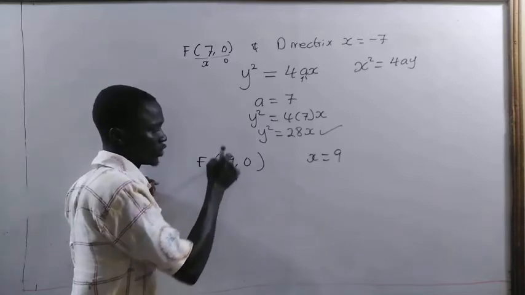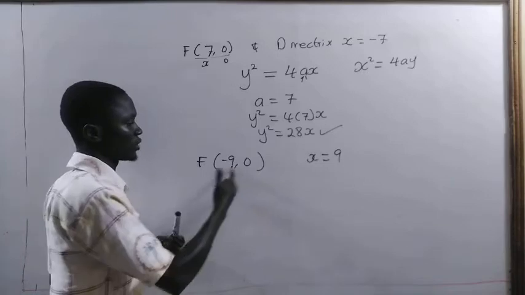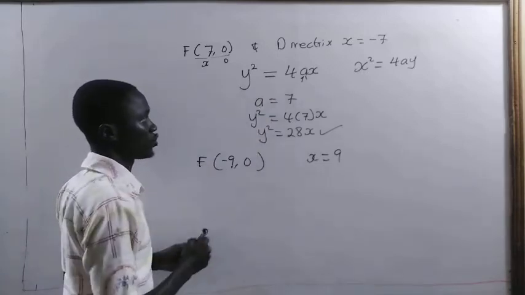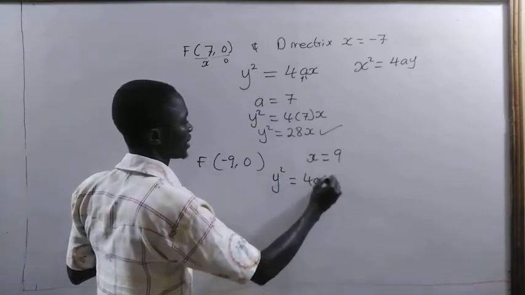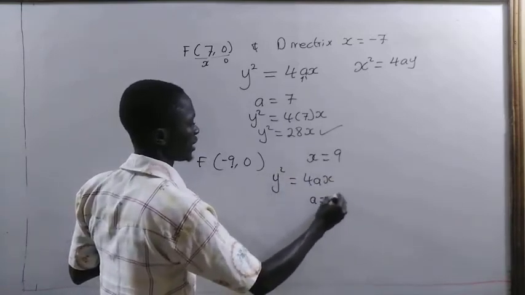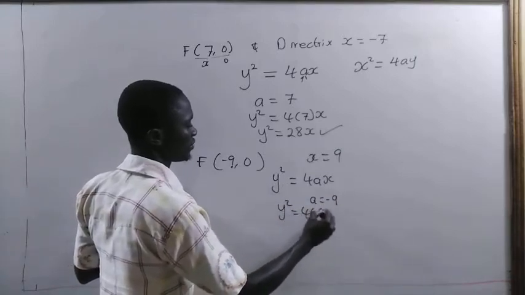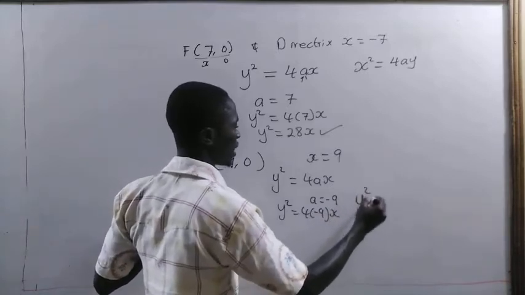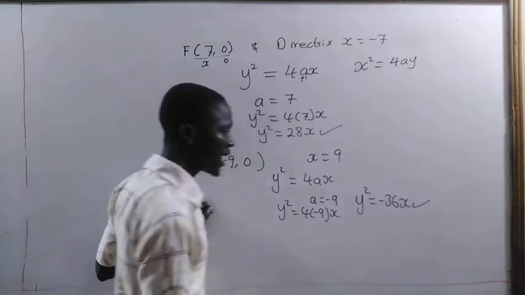and this is what we have there on the x-axis. So this one is on the negative x-axis, but you can still use this standard form. So you write y squared equal to 4ax with our a equal to negative 9. So we have y squared equal to 4 into bracket negative 9x, and this will give us y squared equal to minus 36x as the